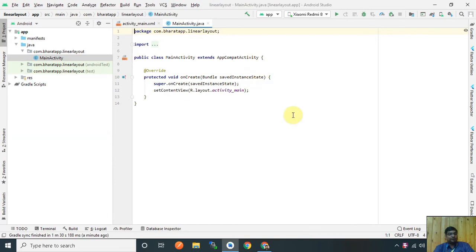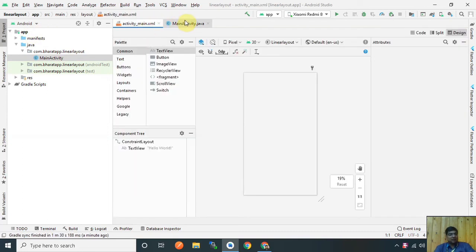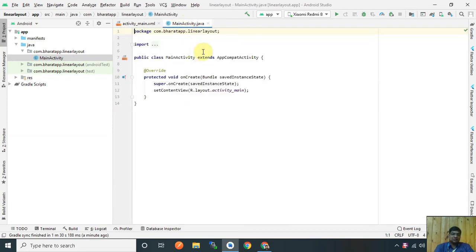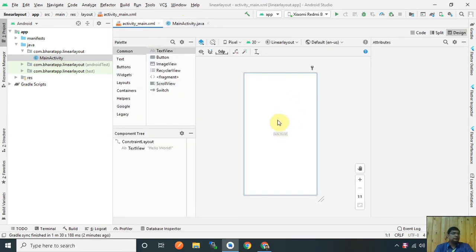Okay, now the Gradle build is completed and our project is created. So here is the app and this is the project, and it has two files. One is the layout file, which is called the XML file, and the second is the coding file, which is the Java file.